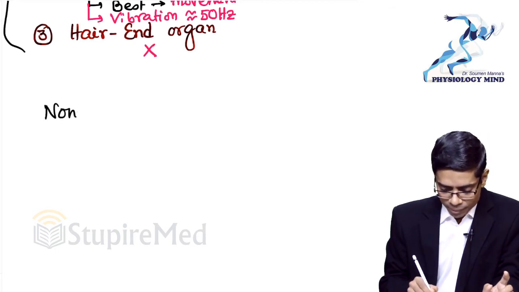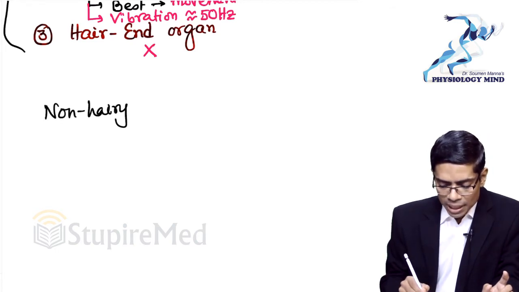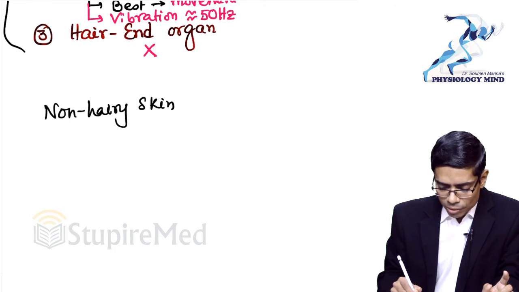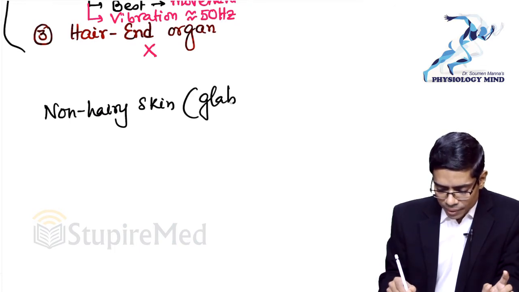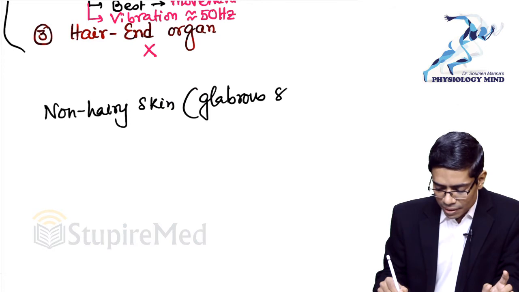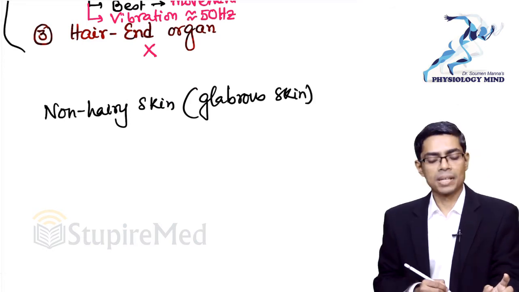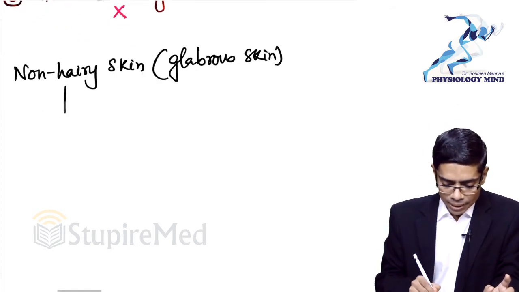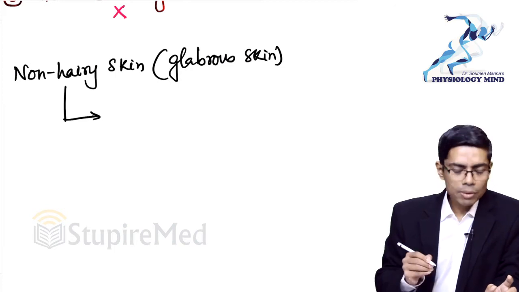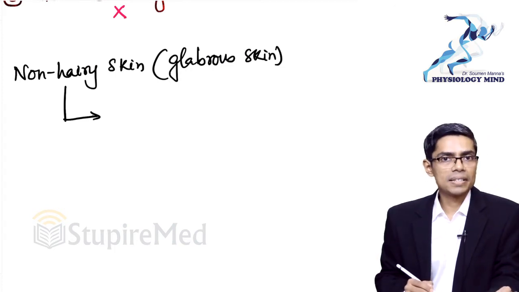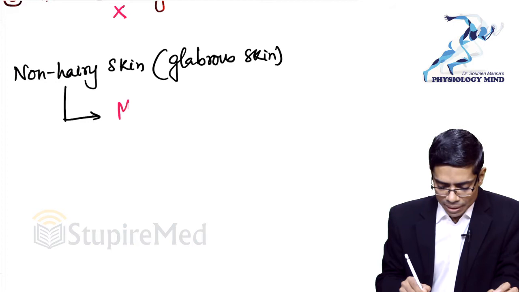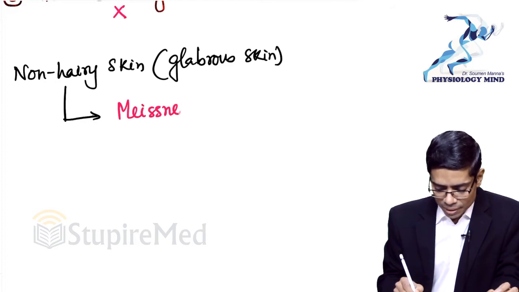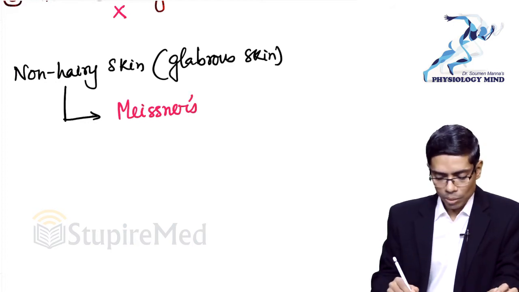Non-hairy skin is also known as glabrous skin. The receptor which is exclusively present on non-hairy or glabrous skin is Meissner's corpuscle, although